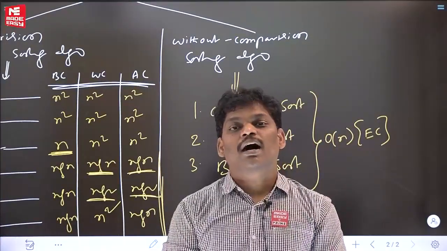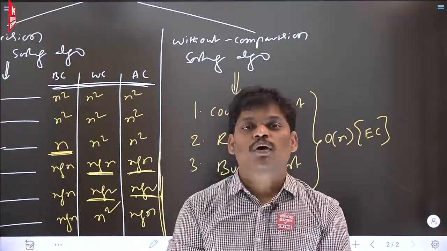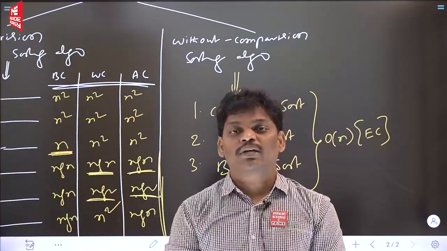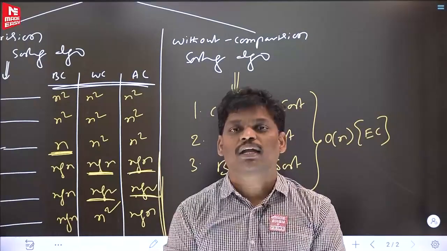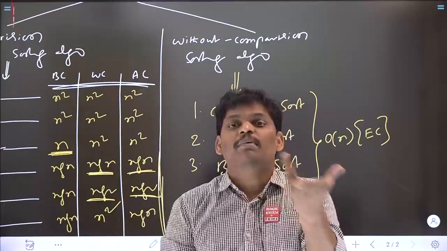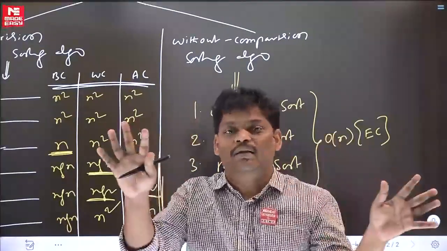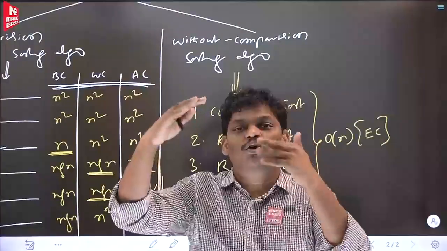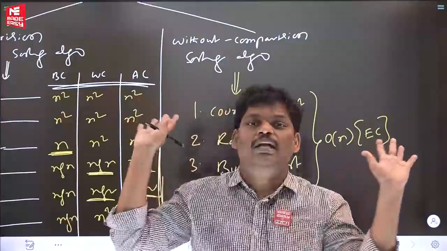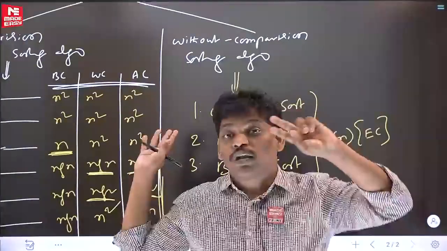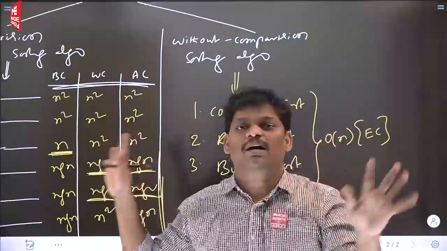N elements are there, all elements in the range of 1 to n, then time complexity n. 1 to n square, then n square. 1 to n cube, then n cube. If all elements are in the range of 1 to log n, then time complexity is n only, because n elements are there, minimum n is required. So the condition is about the range of the elements. Think about counting sort; mostly this will be the answer.